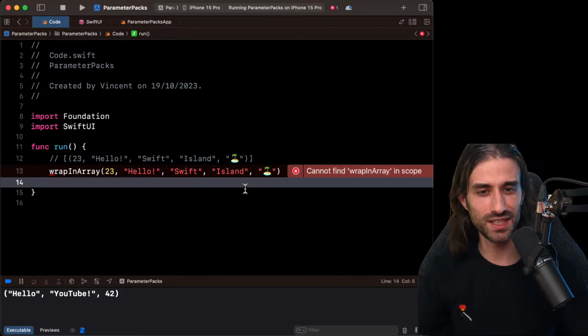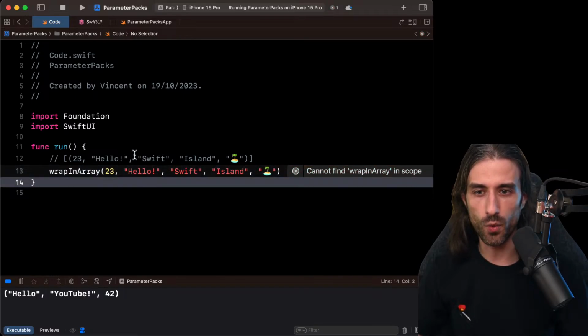So we are iterating up until the point where we will start building stuff that you can use in the real world. And the last example I have for you today, by the way, is something I used at work last week, and that is quite useful when you use SwiftUI and the environment. So the last example will be worth the wait. Plus, you will also be able to understand how the last example works when you will have seen all of the intermediary steps. So let's try to implement this function wrap in array.